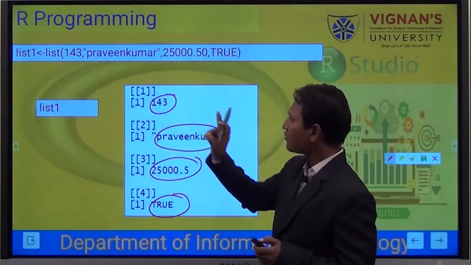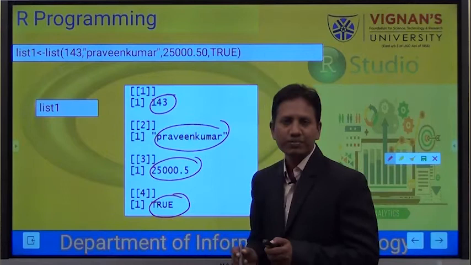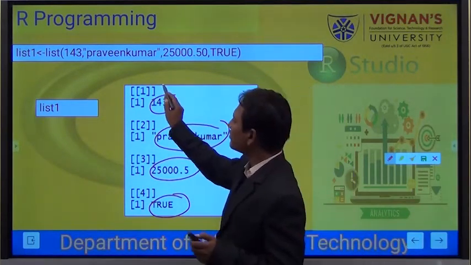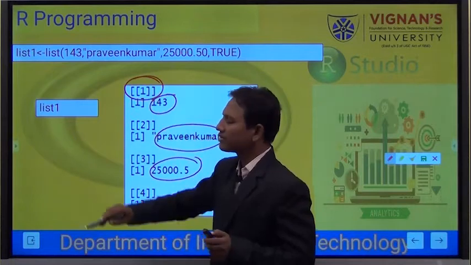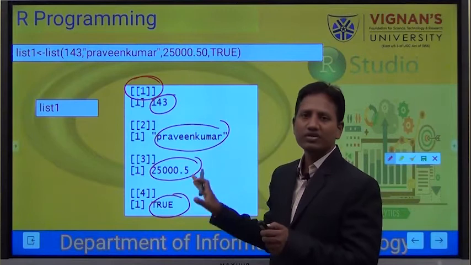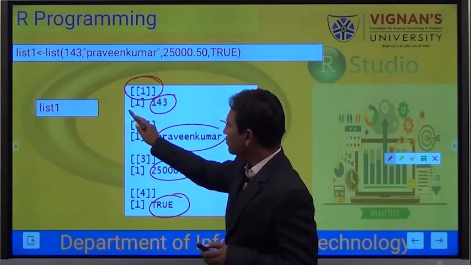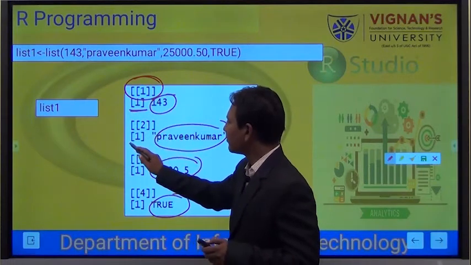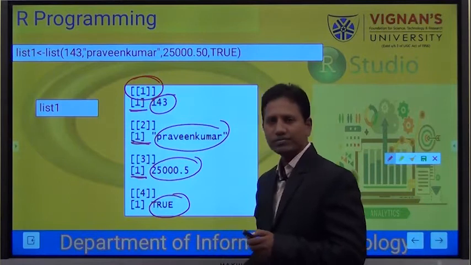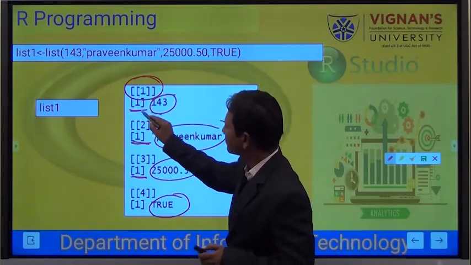The double type we have given is considered as the first list item, and that first list item is represented with double brackets. This is an important point. The list items are represented in double brackets, and this you need not consider in a big way. This is a normal row index.